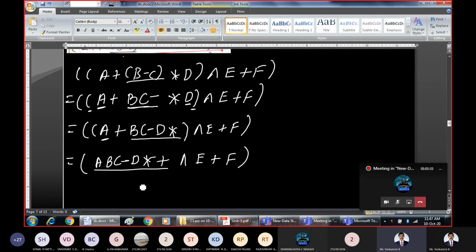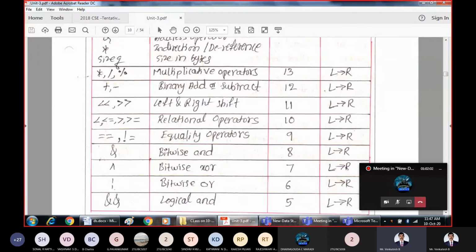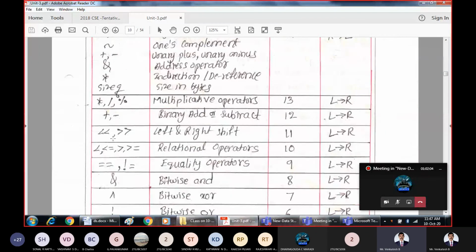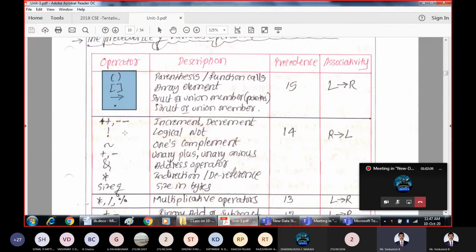Next, we have the last bracket left out. In that one, we have one operand, another operand, and another operand. So we have three operands and two operators. This is operand number 1, operand number 2, and operand number 3. Two operators, power operator and plus operator. When we have two operators, which is having highest priority? Power operator is having highest priority. Should I go back to the table to show you? See in this list, power operator is not there. Power operator is beyond all. So power operator will be evaluated first.